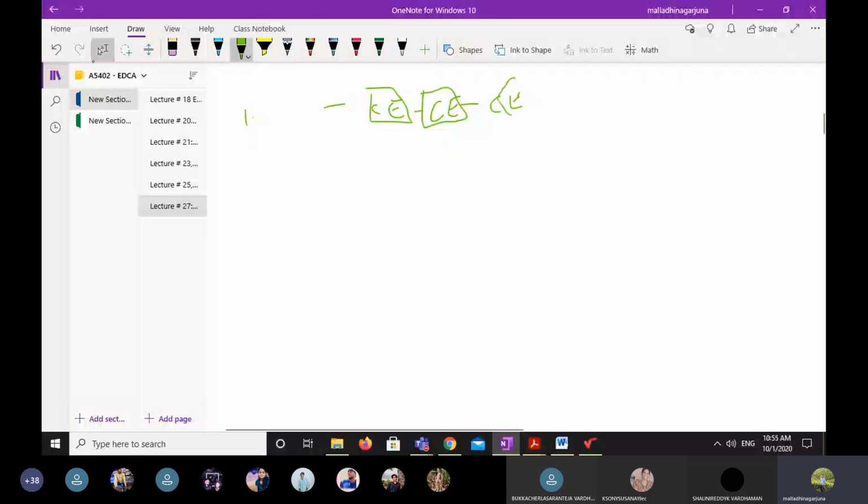Still, if you are not satisfied, you take one more CE amplifier. You can keep on connecting until you satisfy your output voltage requirement. So by taking the multi-stage amplifier, with 2 stages or 3 stages or 4 stages, if you are taking 3 stages, the input signal will be amplified thrice.